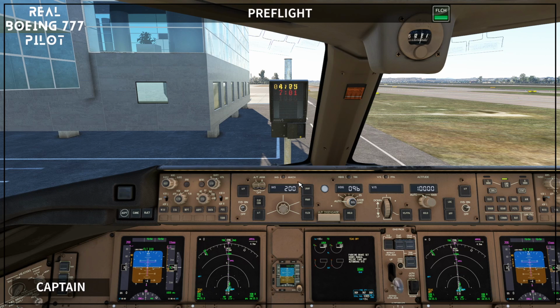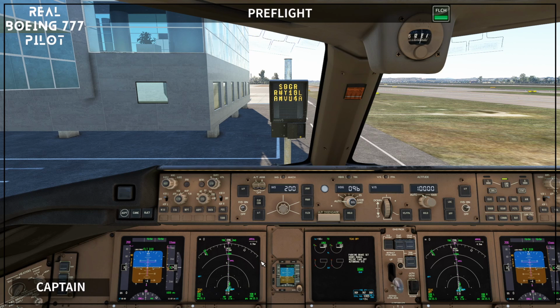Most probably at this time, in a real life environment, there will be no V2 to select at this point, because we still don't know the exact weight of the airplane, and we still have to calculate the performance for the final weight that we are going to have. However, usually you already set the FMC at this point, so most probably you know the runway in use. Of course, the runway can change later on, but if you already know the runway that you are working initially,